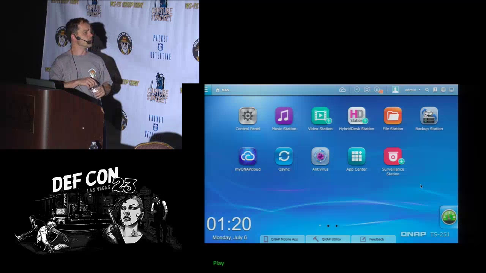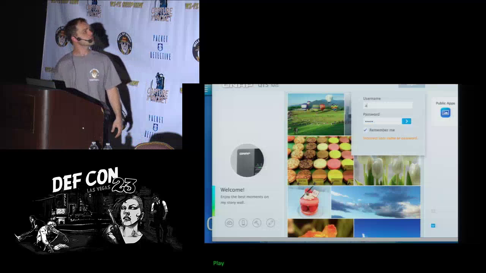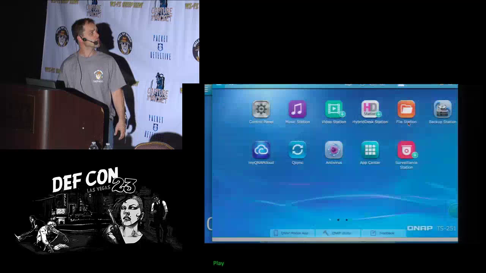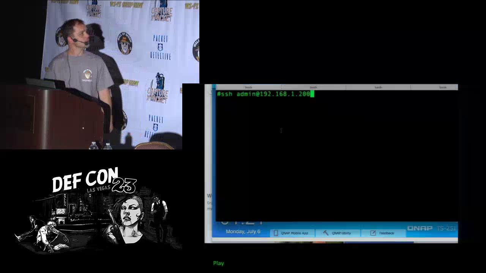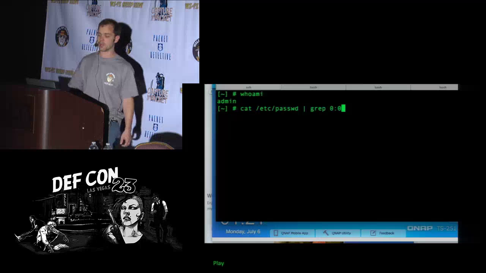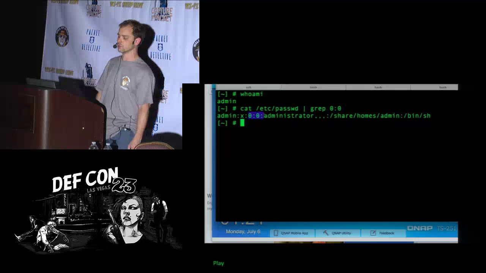There we go. This is supposed to have triggered the attack. We go back to the other web browser. We attempt to log in as admin with our super strong password, and we're in. But we still want root, so we go in there, log in as admin with the password for root, and we're in. And who am I? I am admin. If we take a look in there, admin is user 00.